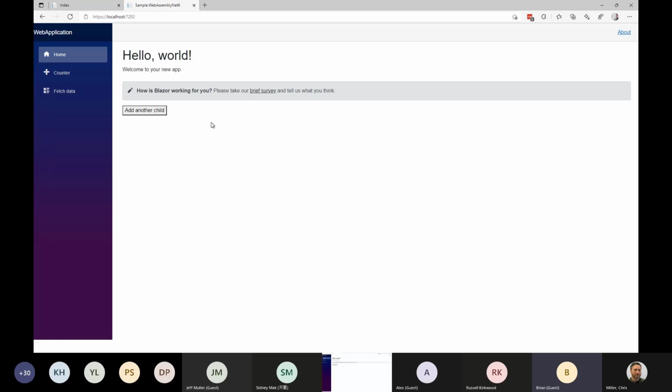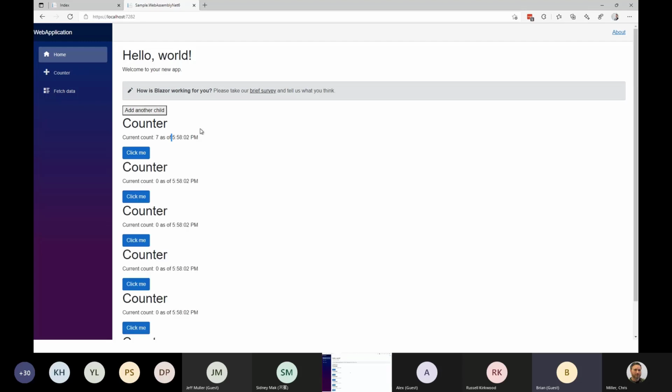Then there's another situation where this button is somewhere. This button could be in the layout. The button could be in the bottom status bar. The button could be anywhere. And in this situation, the screen is composed with a top half and a bottom half. And if I click add another child, we're gonna notify, and then the component that owns this says, oh, I need to add another component. And so it creates a counter object. Well, guess what? It's the same old counter component, and the counter component is listening for this little timer notification, but I can do as many as I want.